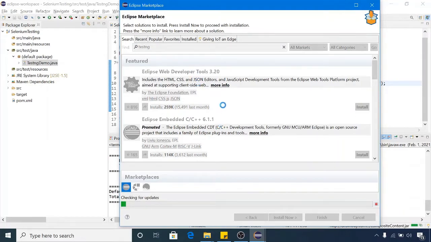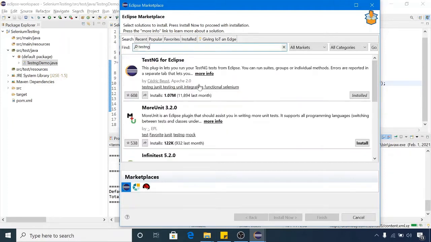It will get all the plugins with the name TestNG. So this is the plugin for TestNG for Eclipse. It's already installed on my machine. That's why I was getting that option, Run as TestNG.